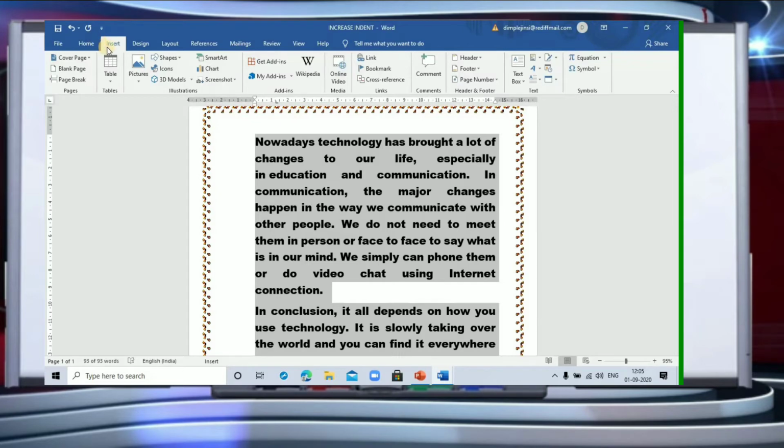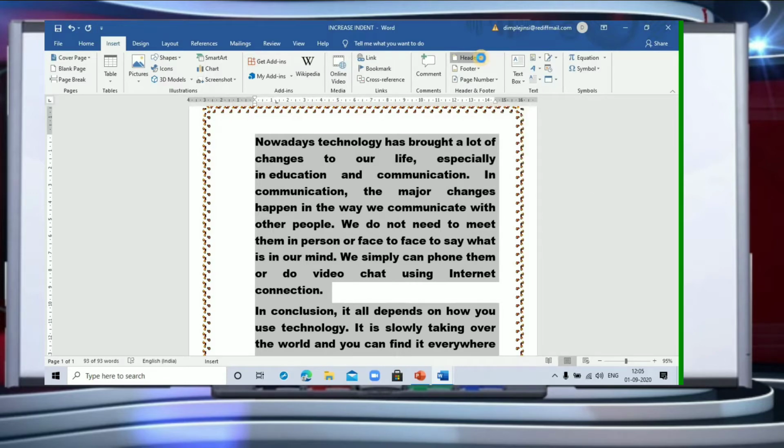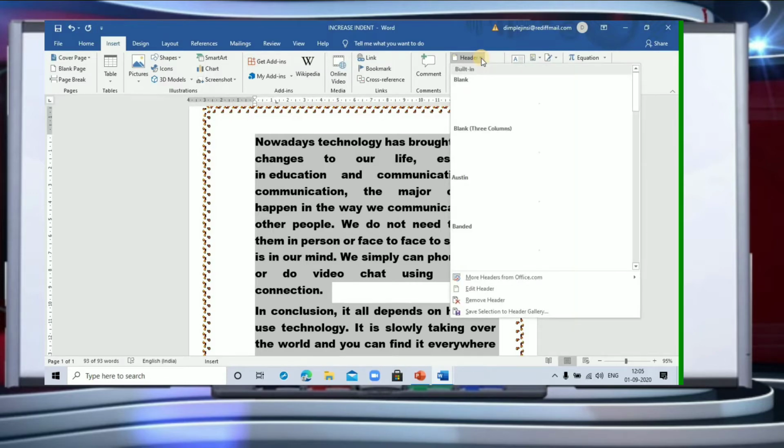Children, where is header and footer? We have the option here, the Insert tab. I have already opened it. In the Insert tab you have so many options, and one option here is Header. If you go to Header, it's written here, headers help you to repeat content at the top of every page. So you can write down whatever you want. You can write down the name of the school if you want to have it on every page.